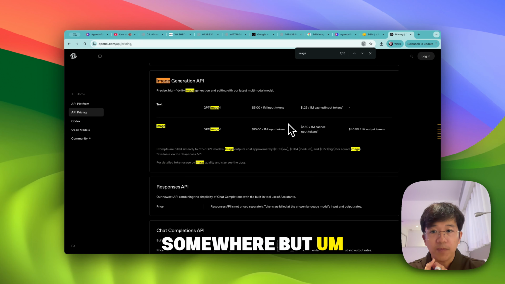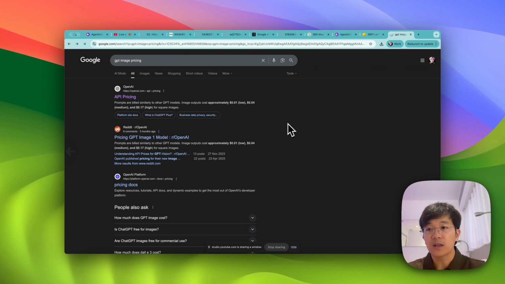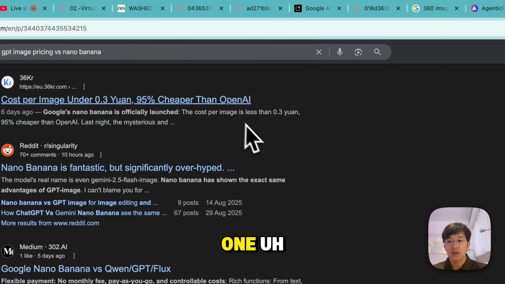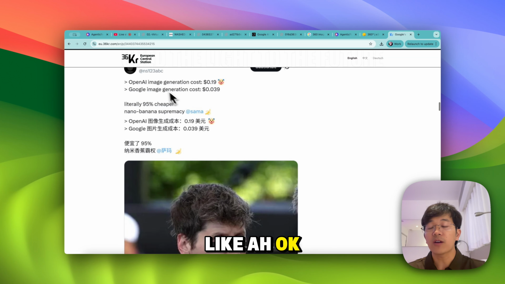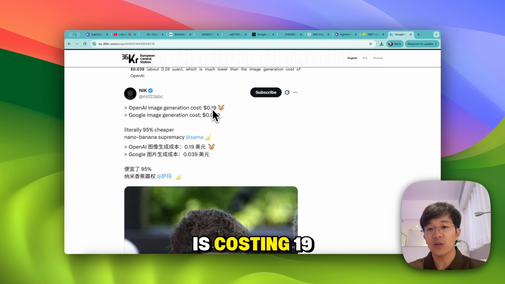I was reading somewhere, but the guy was saying that OpenAI image is costing 19 cents per image, and Google is like 95% cheaper. I haven't verified this one, I cannot find this number yet, but I believe this guy is referring to the same one. So this image model is so cheap with this quality.